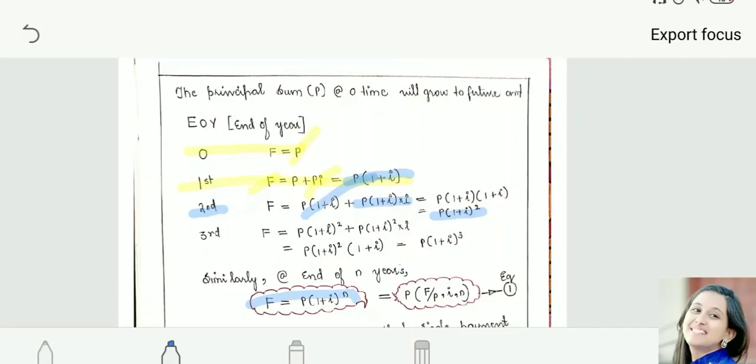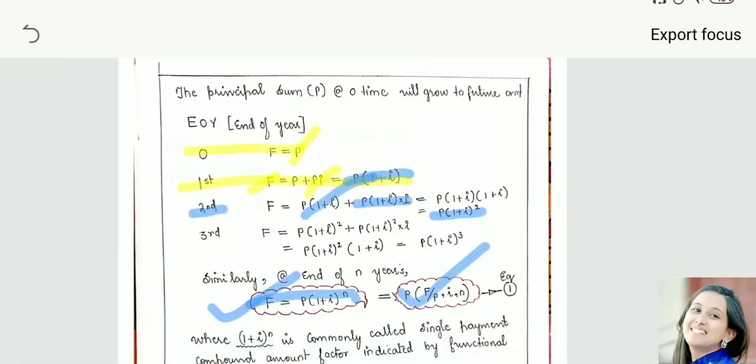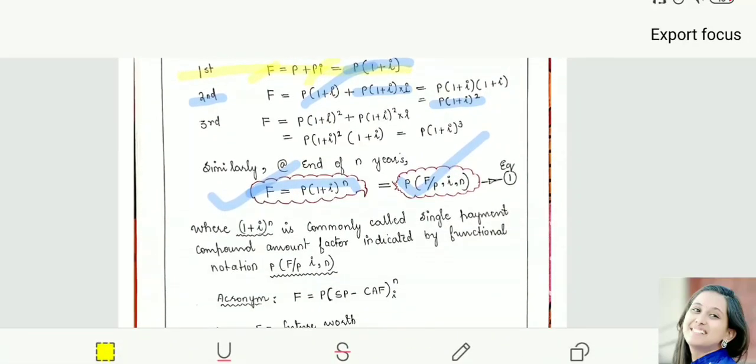Okay, so here you are able to understand a particular difference. I have told you, or I'll be introducing you to, the compound interest tables. Either you can use this formula and solve the numerical, or else you can use the compound interest factor, and you can solve the numericals in both ways. So in the second one, F is equal to P times (F/P, i, n), that is, future worth. Why am I using F by P? Because here I am finding out the future value of the present worth. Are you able to understand?